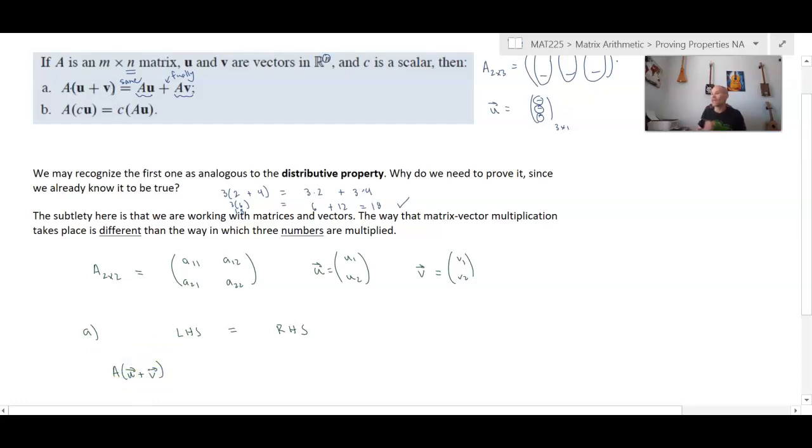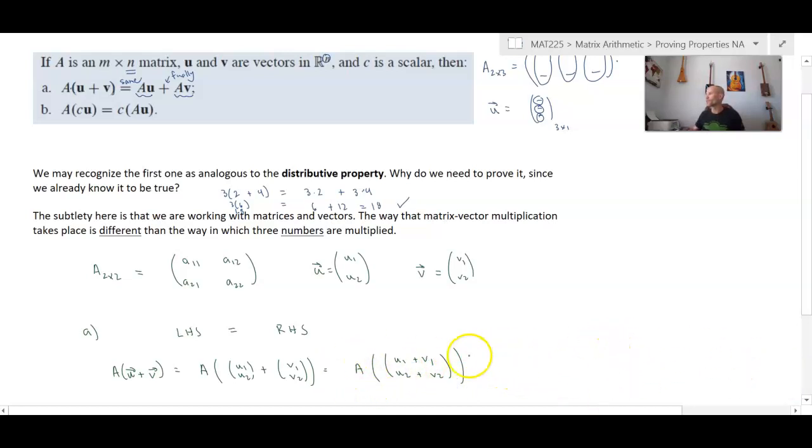And if we do the instructions here in the correct order, by order of operations, parentheses still mean do parentheses first. Okay, so I'm going to write this all out. I'm going to write this as a times, and in the parentheses I'll just put in the two vectors that we're dealing with in their component form. I'm not writing a out yet just so I can save some space. Now that is equal to, well, I can add those vectors together, so I have a times, if I add these vectors together, I get u1 gets added to v1, the top components, u2 gets added to v2,